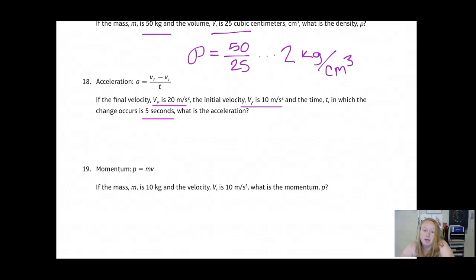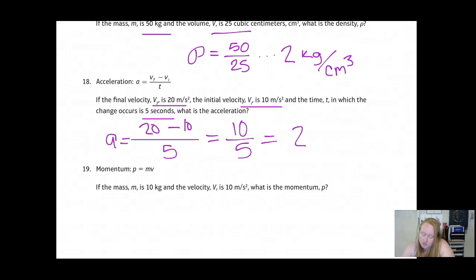So the velocity we're going is 10. The velocity when we ended was 20. And my time is 5. That equals acceleration. So 20 minus 10 equals 10 over 5. Over 5 equals